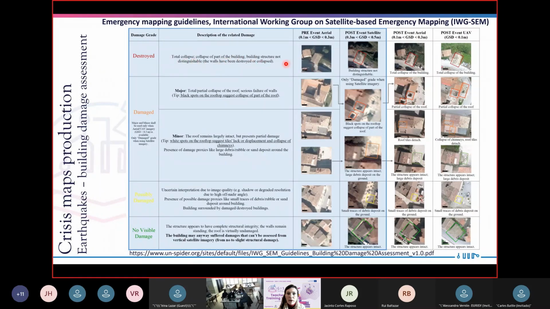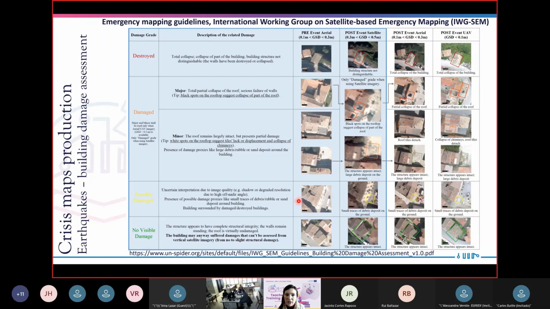So you can see here how, with respect to these guidelines, we should mark the buildings as destroyed, damaged, possibly damaged, or as no visible damage. You see the slight difference between no damage and no visible damage. It's not that the building is not damaged, but I cannot see any damage from the satellite image. And so you see here how these have been